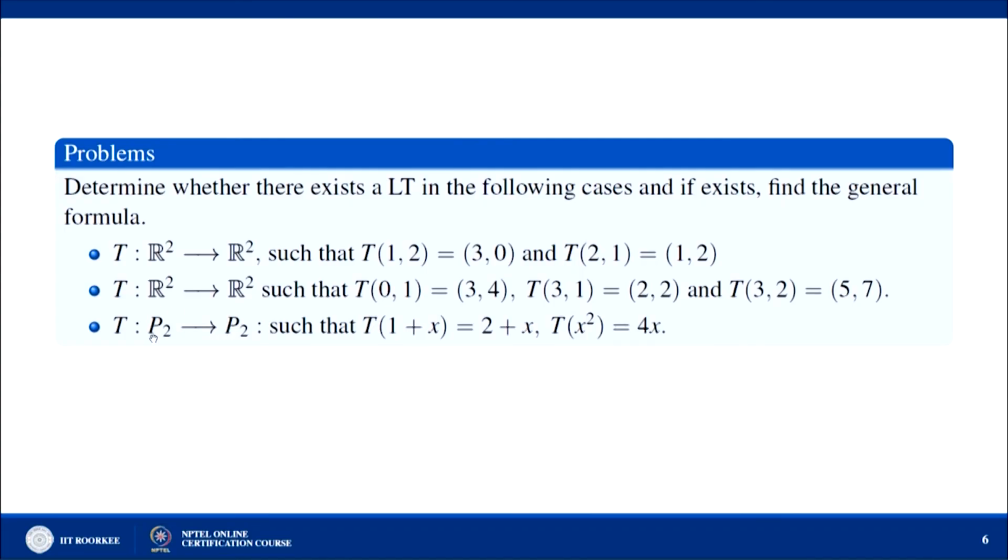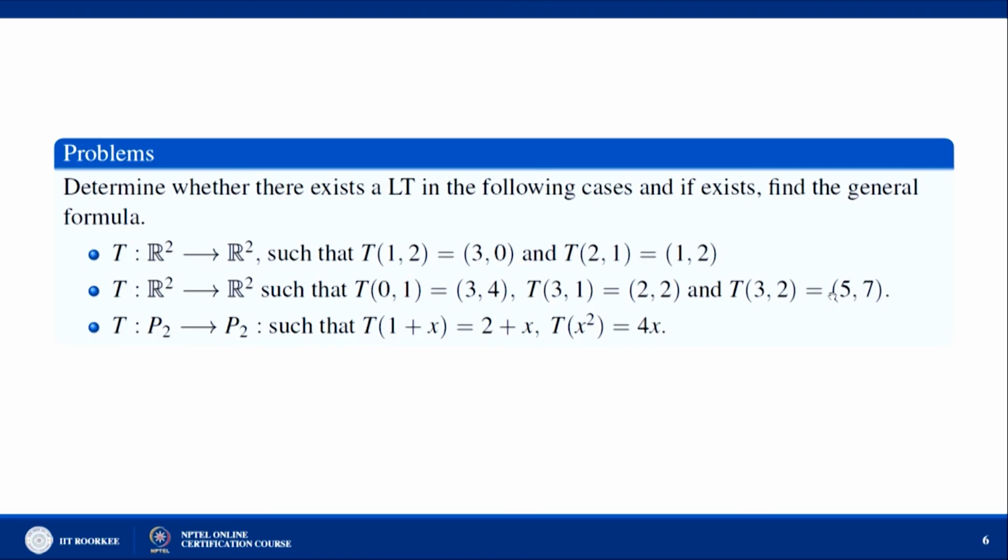P2 is the space of polynomials of degree less than or equal to 2. So, what is the dimension of P2? The dimension of P2 will be 3. So, in order to find a unique linear transformation from P2 to P2, we must have at least 3 independent conditions, but here the conditions are only 2. So, this means there exist infinitely many linear transformations